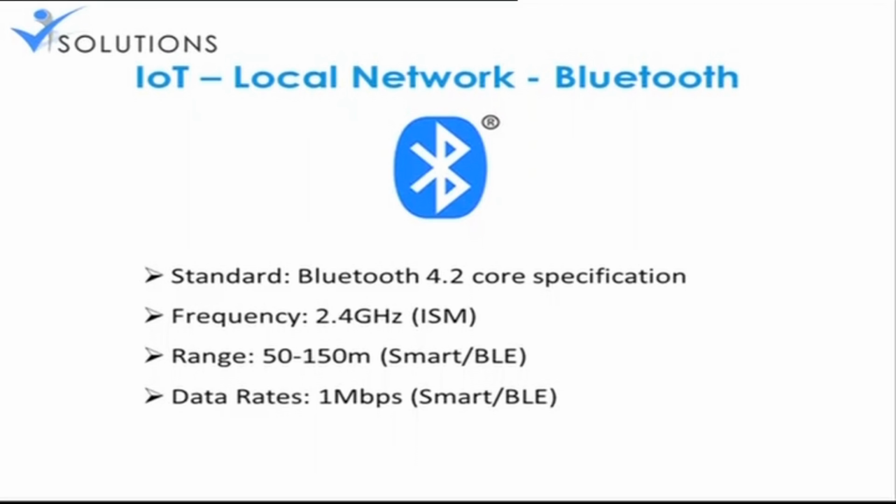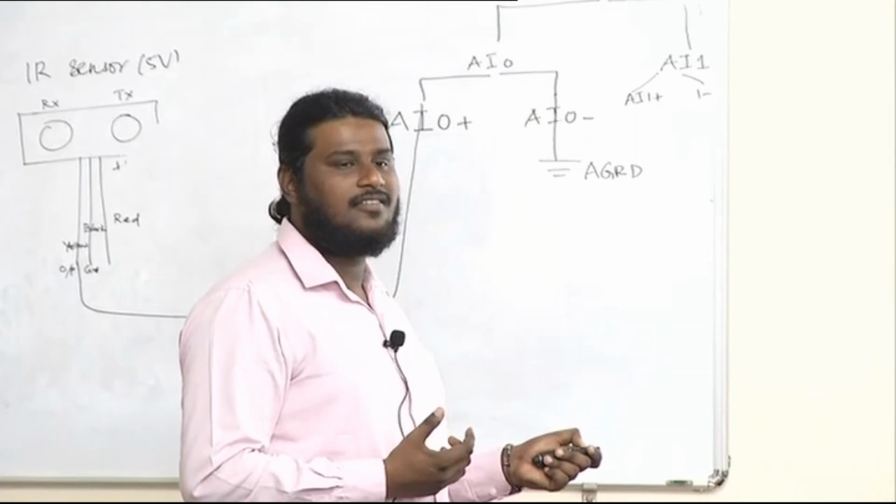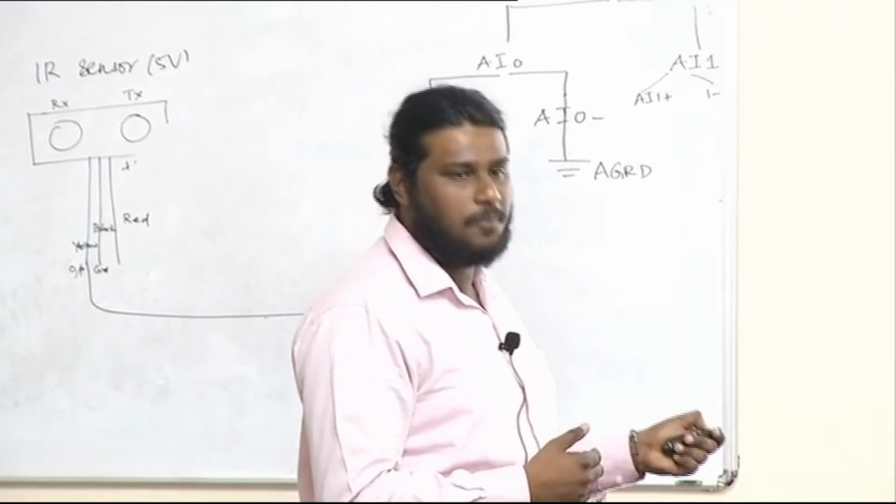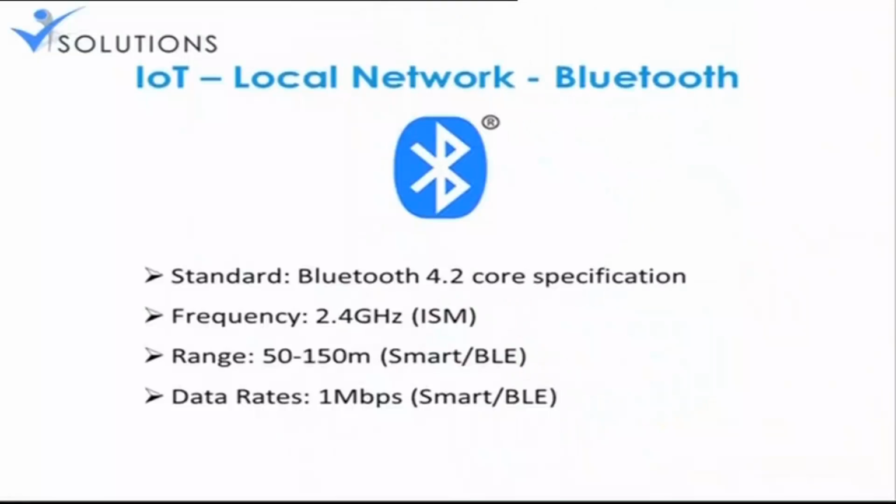Still we use it, but it is not efficient when it comes to file transfer. You can see they work at 2.4 gigahertz, and the range is going to be 50 to 150 meters only. Frankly speaking, in a closed network it can be even better, but at 50 meters I think the speed of your Bluetooth reduces. Bluetooth is commonly used, for a long time, at least by Indian people. Other people have moved to different things, but we were sticking to Bluetooth for a very long time.